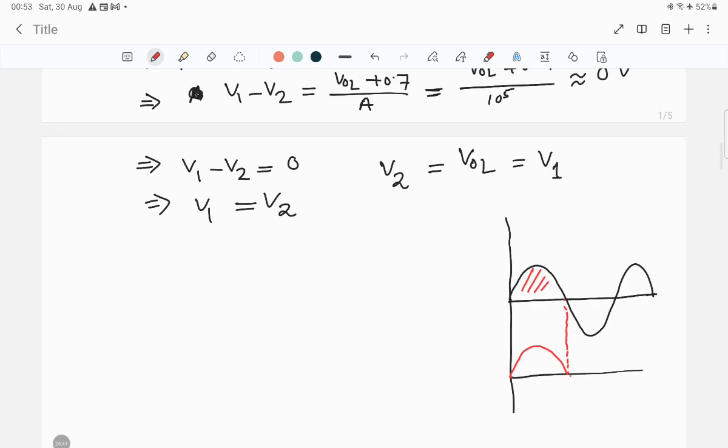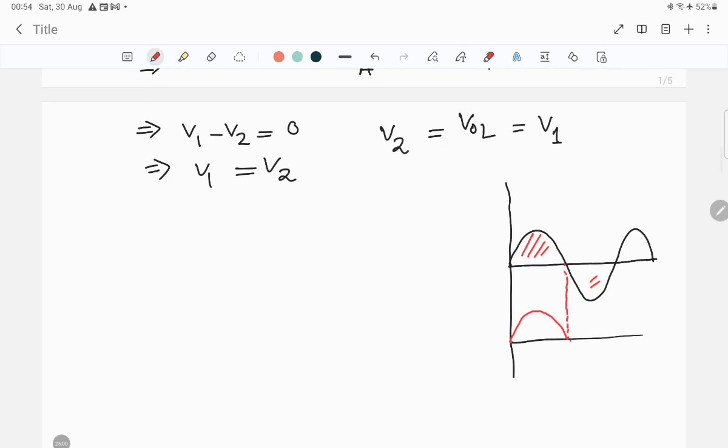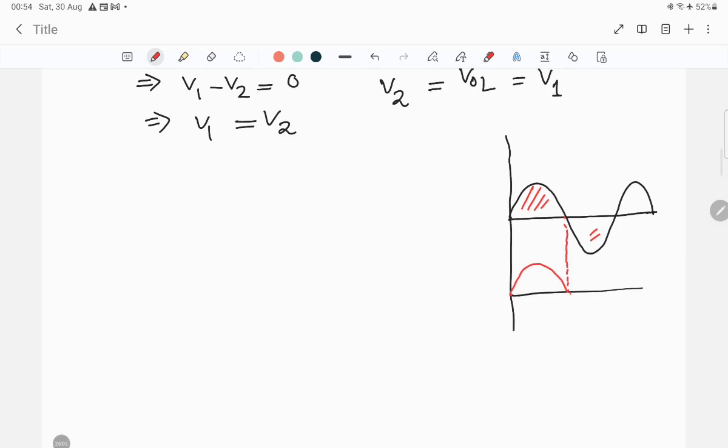Now what will happen for the second thing, or for the negative half cycle? Now again, if we try to see,